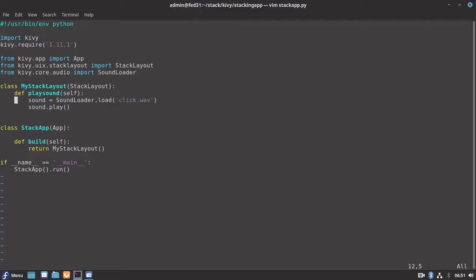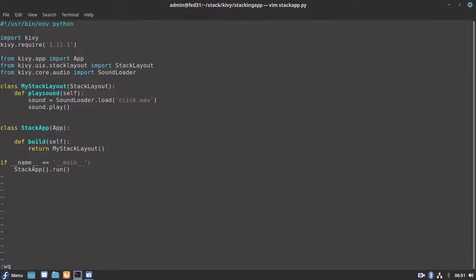Now it looks fine. So play sound will load one wave file, and it will try to play whenever there is a callback for this function.